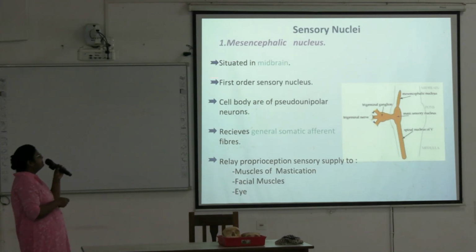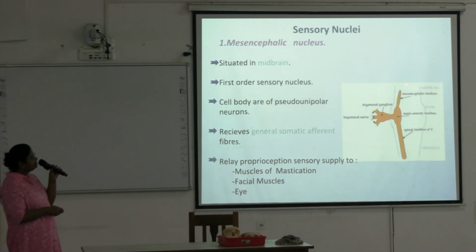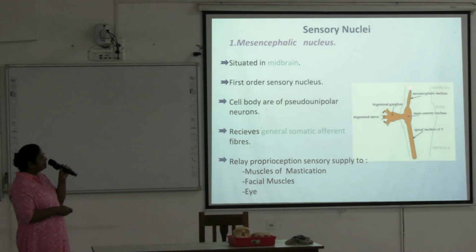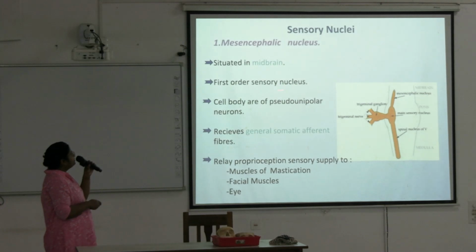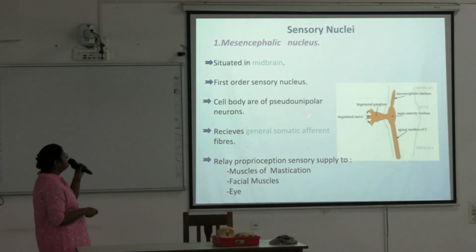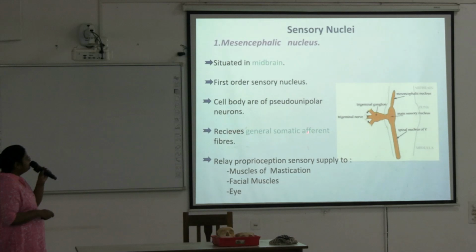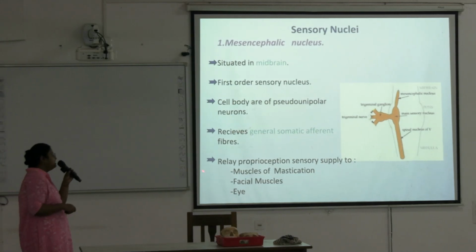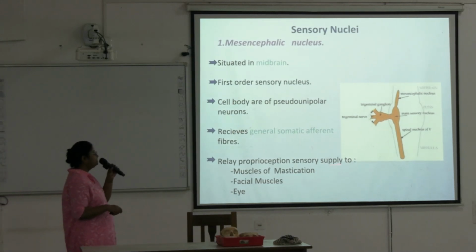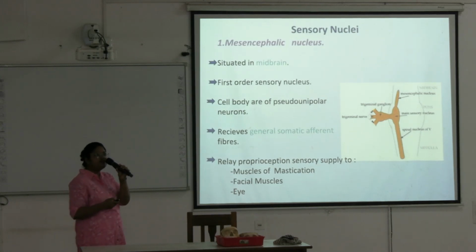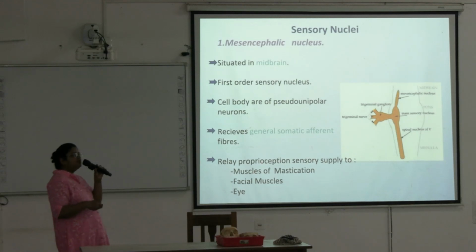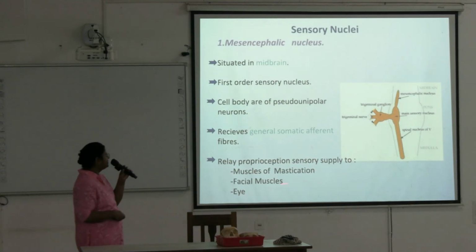So mesencephalic nucleus is situated in the midbrain here, this one: midbrain, pons and medulla. So this mesencephalic nucleus is located in the midbrain. You remember, first order sensory nucleus, cell bodies are of pseudo-unipolar type and receives general somatic afferent fibers, and they relay proprioception and supplies the muscles of mastication, facial muscles and eye extraocular muscles. We have seen previously extraocular muscles. Proprioception was relaying in this mesencephalic nucleus. Next